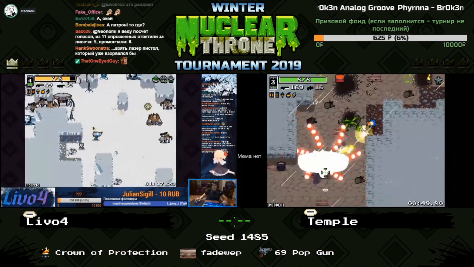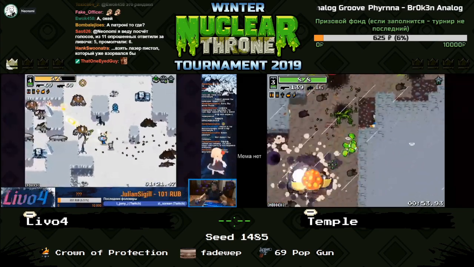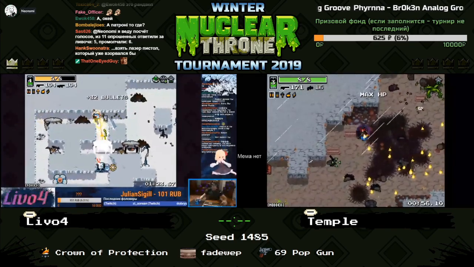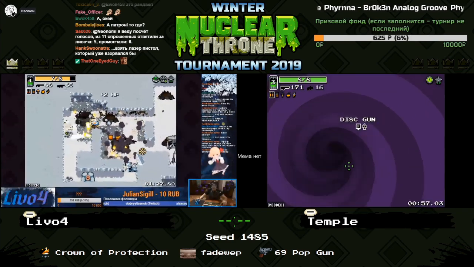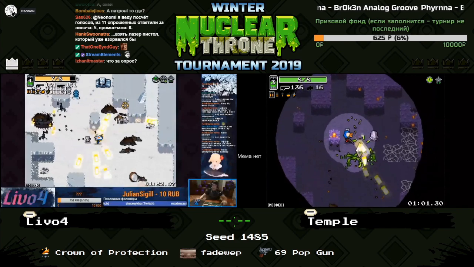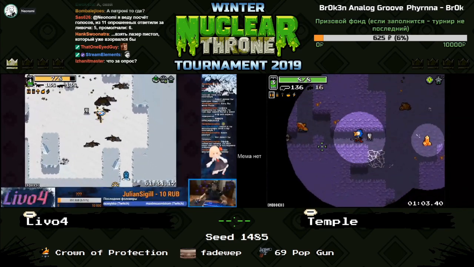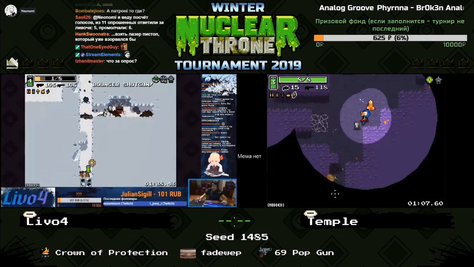They're just constantly dying. So Livo4 now has the advantage again. Let's see if he's going to be going to jungle again. He didn't get a crossbow this time from the big dog, because big dog drops are actually not seeded. He just has a machine gun. Yeah, and it seems like he's not going to be entering the jungle, which is...